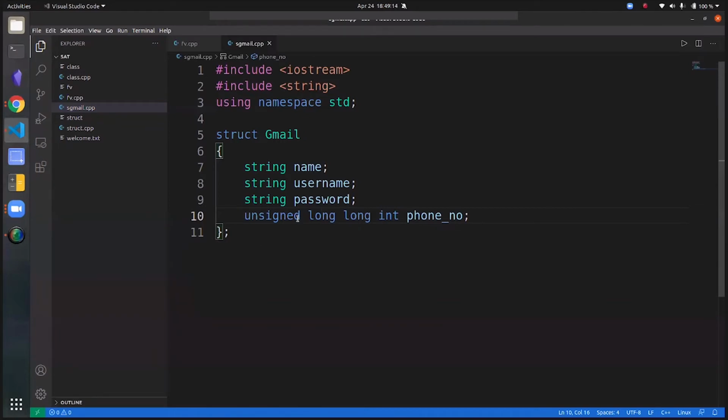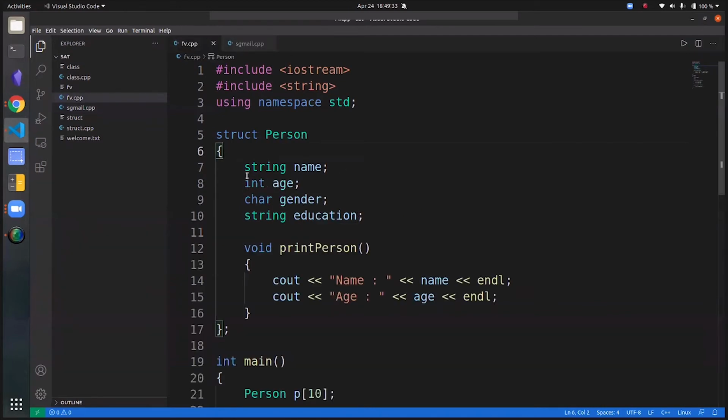I don't want you guys to get confused that Akshay is just simply using strings in all of the members of the structure Gmail. I don't want you to fall under the impression that you only have to use a single data type. As I've made it clear in the previous example, you can have multiple data types as your member variables in your structure.